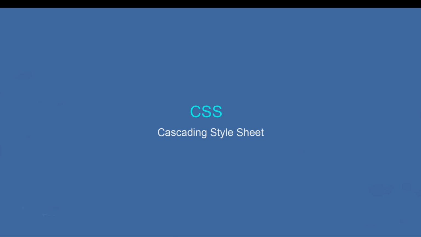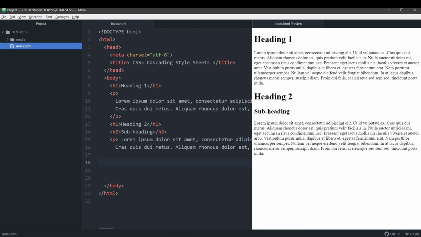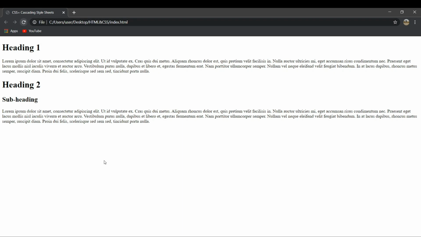Okay, so now let's open up our editor. You can see that I have written out this basic code and this is how it is displayed. If you check it in the browser, this is how this content is displayed. It just looks like normal random text because this is just created using HTML. Now what do we want? We want to add a few styles to this website. We're going to see the basic styles that we want to add to the site.